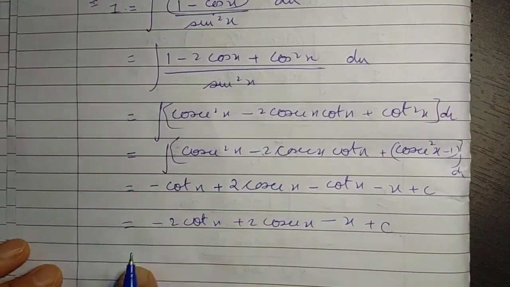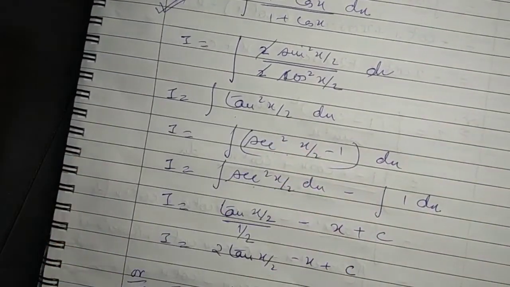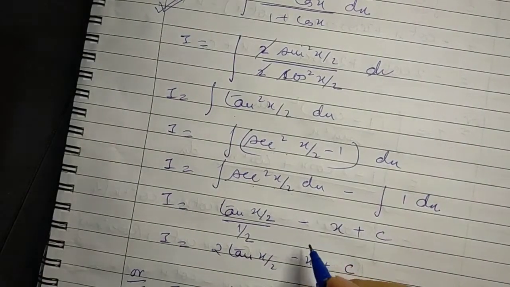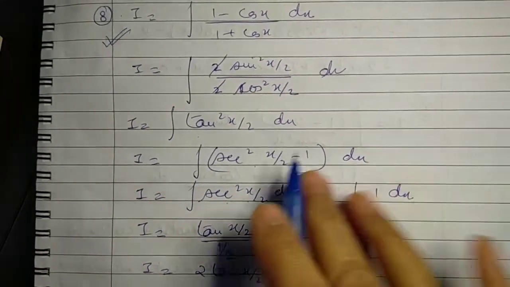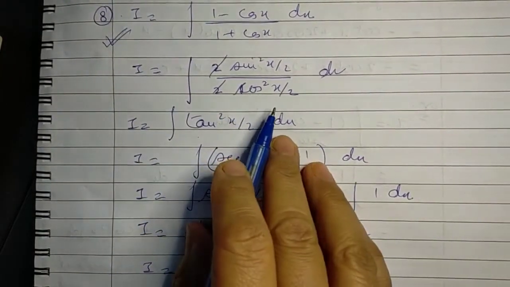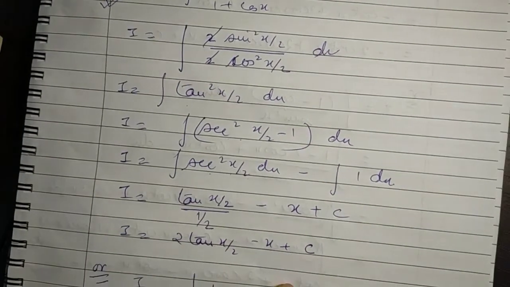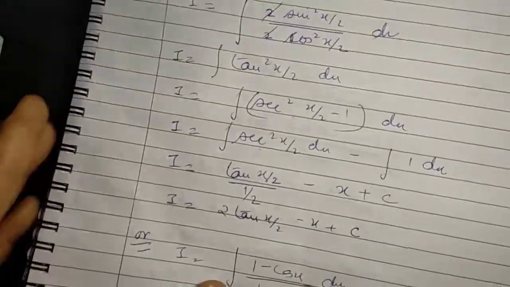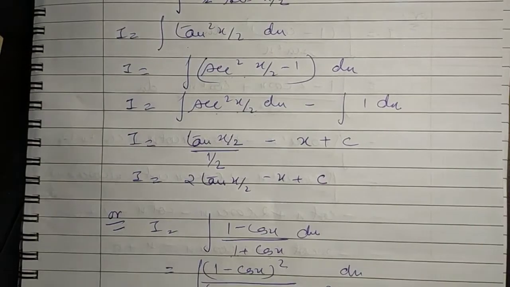So in this manner we have seen that there is more than one way of doing the same question. You are allowed to use whichever method strikes you first, or whichever method you are comfortable with. Only in the case of proof questions you have to be careful that you come to that particular result only. For all other questions, if you are only solving, you can do it in any manner. So in this manner you can try out the other questions also. Thank you.